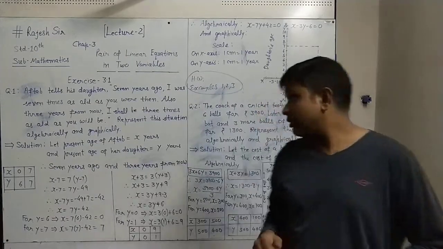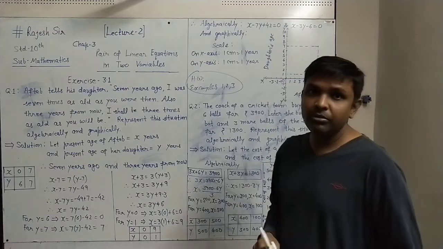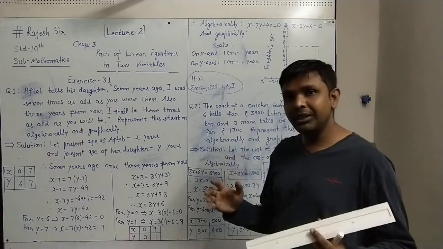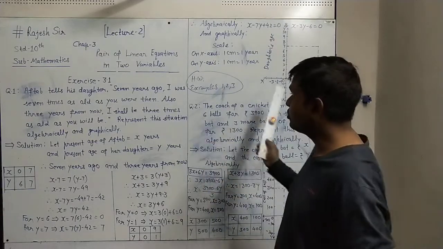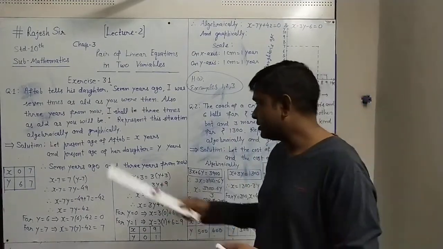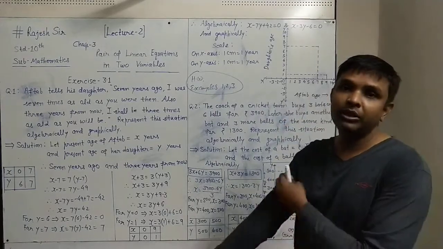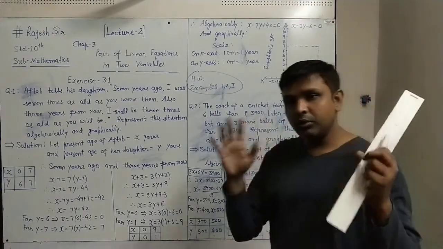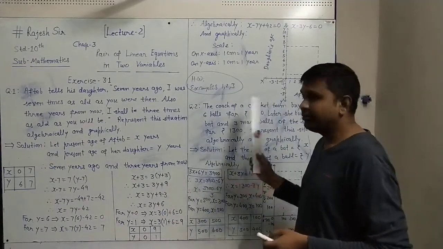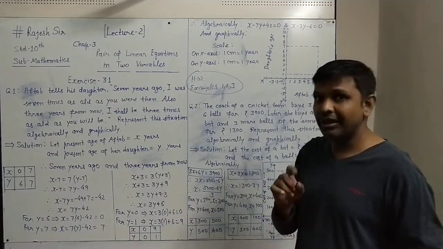And remember this, that all the graph work should be done in the graph book only. The graph book comes with printed questions that you have to buy from the market, and in that you will see that printed questions will be there. This type of all questions will be there, and you will have the space for doing some calculation like this, and the space for the graph also. In that book only you do all the graph work. So all your course graphs will be maintained in that book. So remember, don't do this in a rough or math style book. You do this graph work in the graph book.